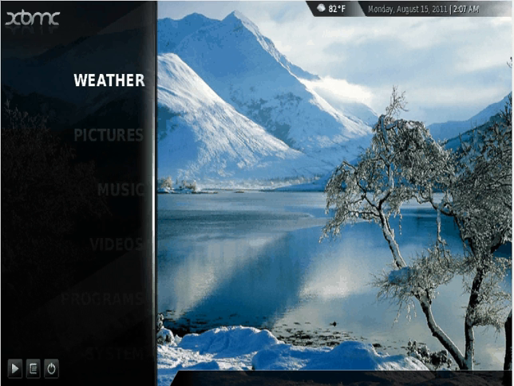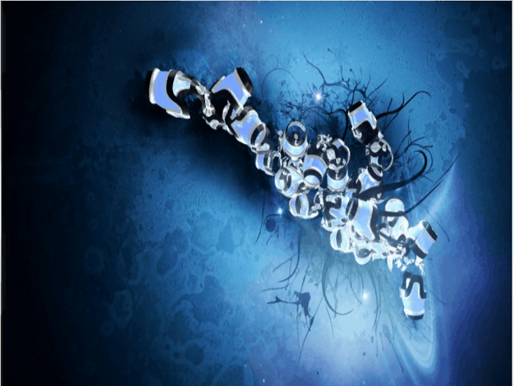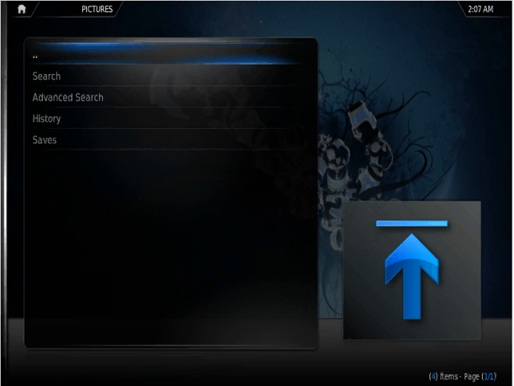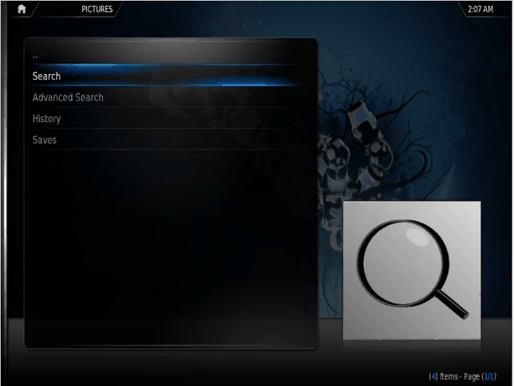You also have features such as pictures. So you can actually go to Google, which is an add-on. And what an add-on is, it's basically an app, software that you add on to your existing XBMC, because your XBMC can actually replace an operating system completely. So now we can go down to search,